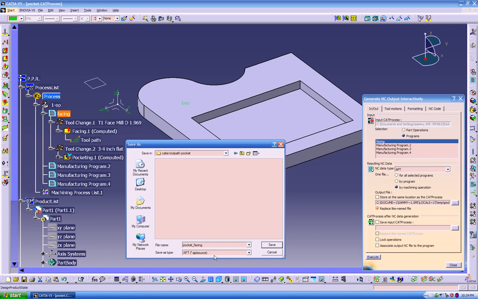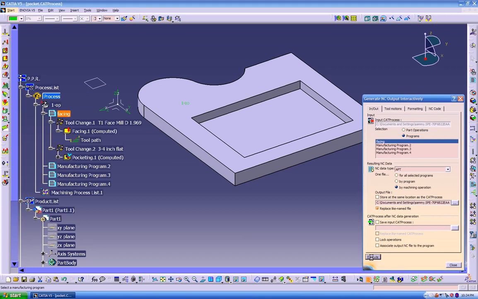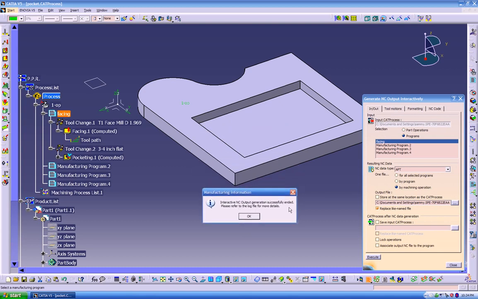This is the extension APT source, and we click execute. Let's make sure we put save. Let's click execute. Now it says that everything worked out perfectly. We click OK,